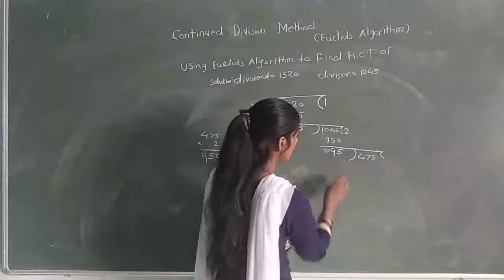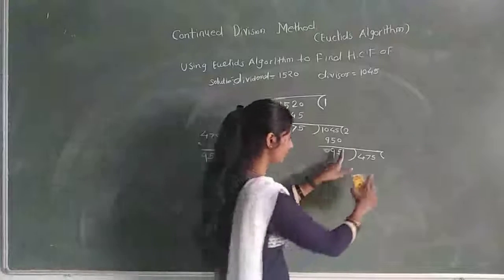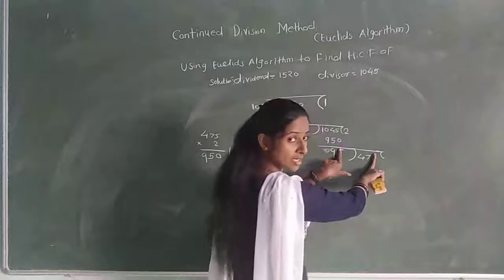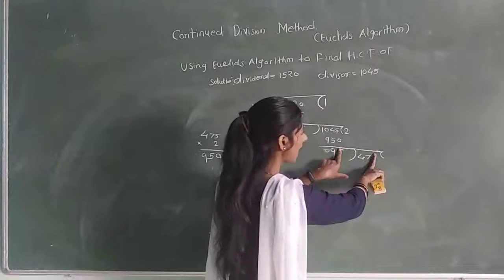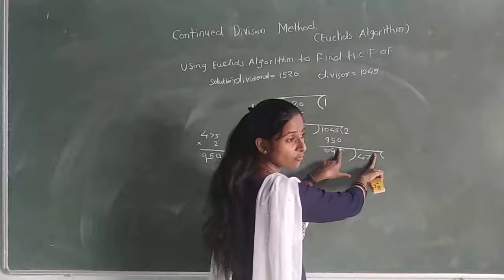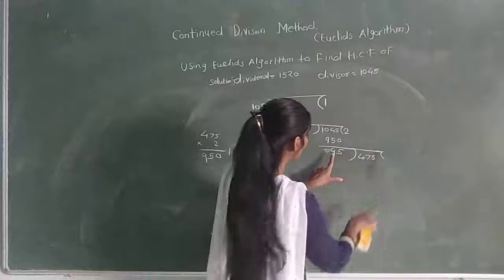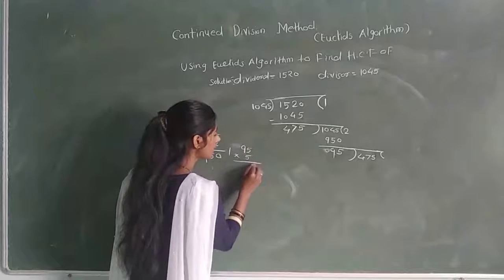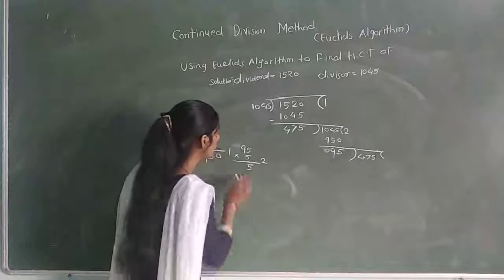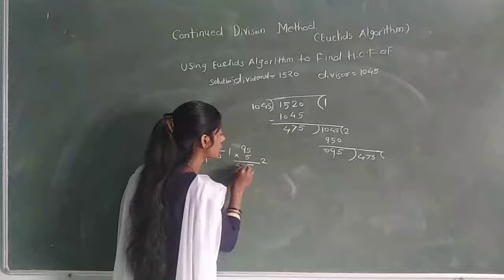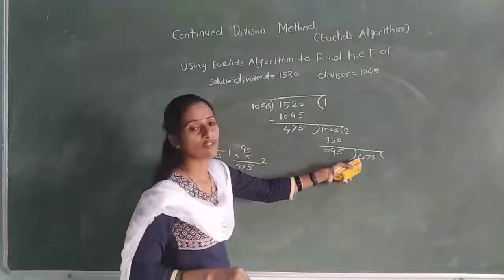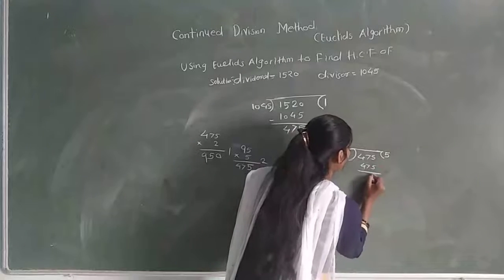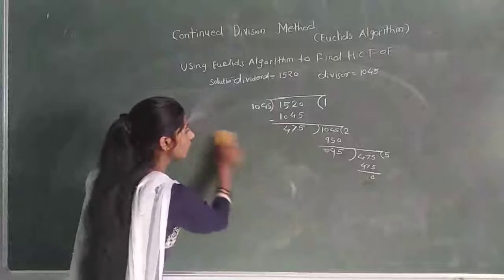Okay, so solve this. Oral check here. Last digit cancel. Only consider 9 and 47. So 9 5s are 45. Okay, 45 is the closest number to 47. So 95 into 5. 5 5s are 25, carry over 2. 9 5s are 45 plus 2, 47. Okay, this is your dividend. That is 95 5s are 475. Remainder 0. Okay, therefore the quotient is 5 and the remainder is 0.